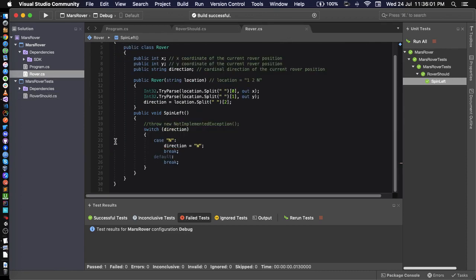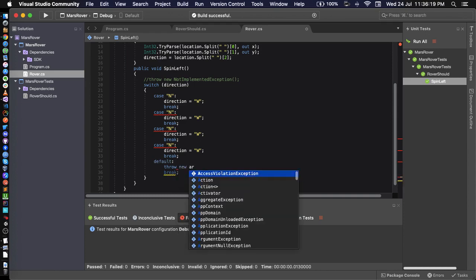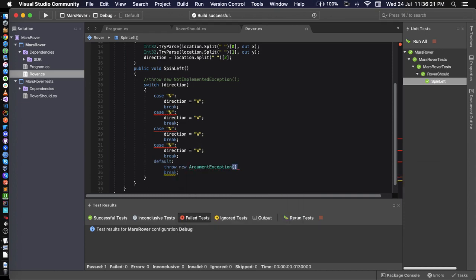let's deal with this. Case n, I think we spent over an hour. I'm not sure when we started. 2, 3, 4. And then for the default, I'm going to throw new argument exception. Okay, so n here, okay, n east,